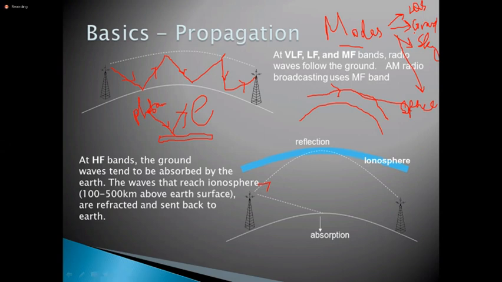So, in order to propagate radio waves between continents, for example intercontinental communications, we can't use these methods. We also can't use line of sight, ground wave or sky wave propagation